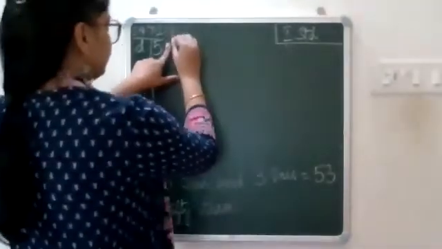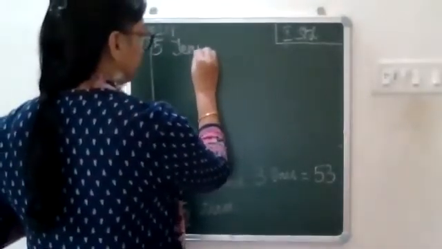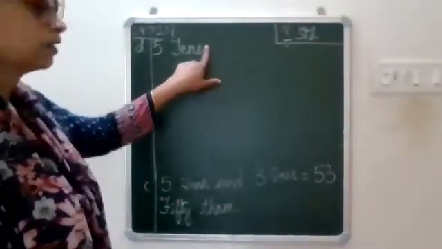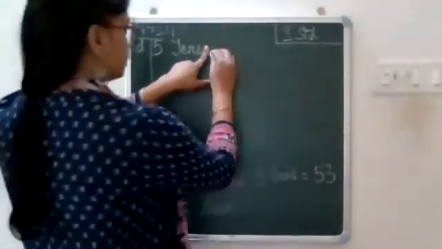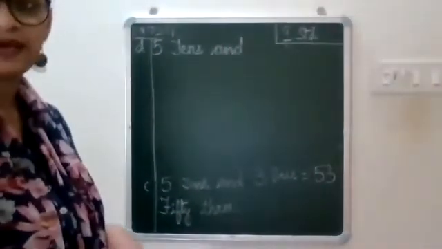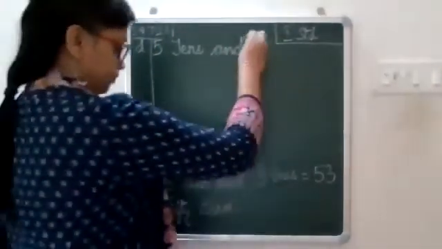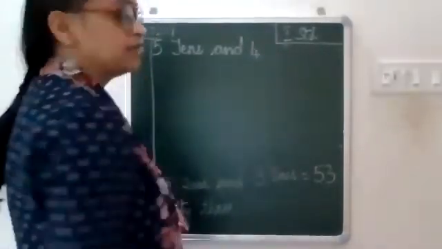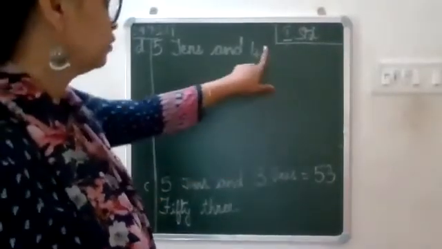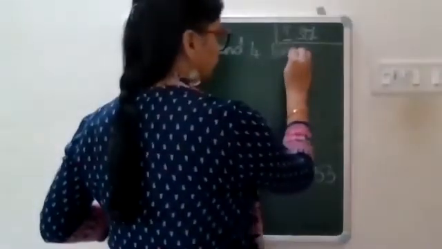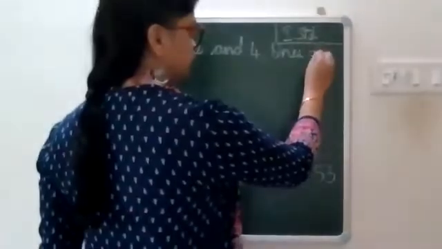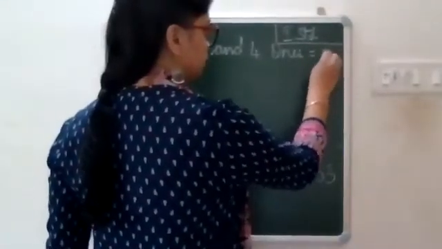Now write the number 5, then write down capital TENS, tens, 5 tens. Leave a finger space, write down AND, and. Leave a finger space, write down the number 4. Yes, very good. Then leave a finger space, write down ONES, ones. 54, ma'am. Very good. 54 is equal to 54.